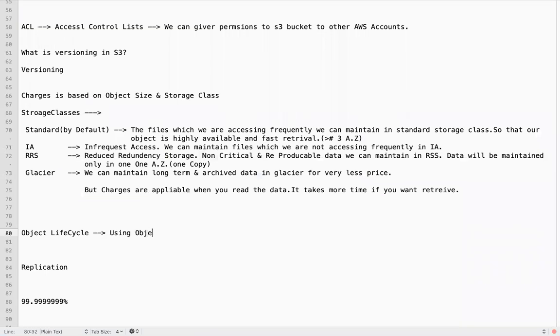Using object life cycle rules, we can transition objects from one storage class to another storage class.